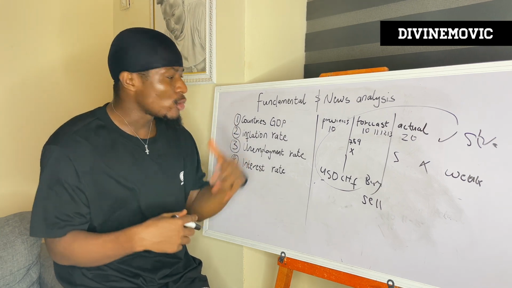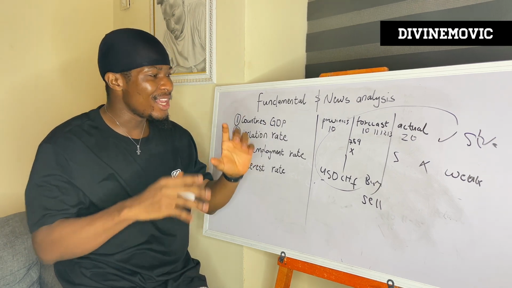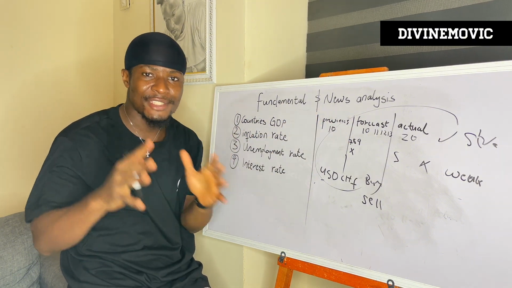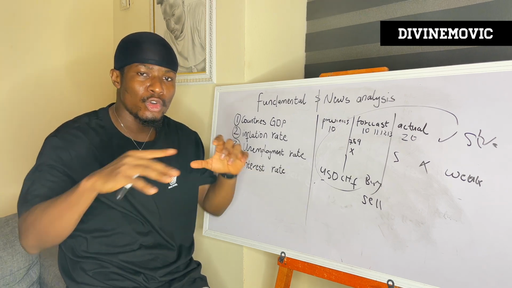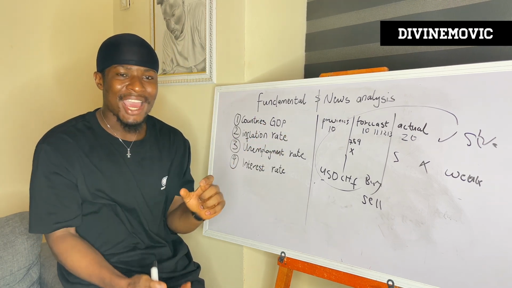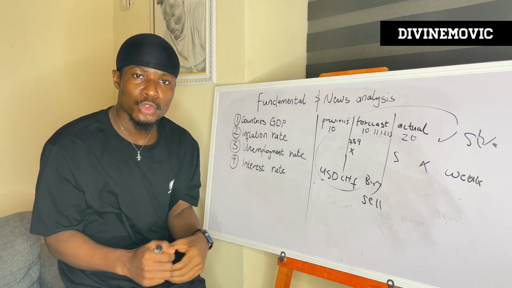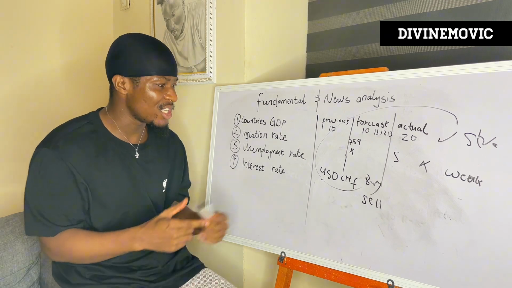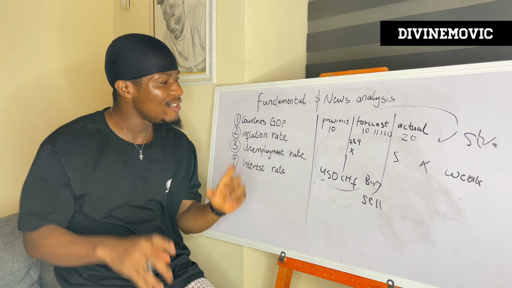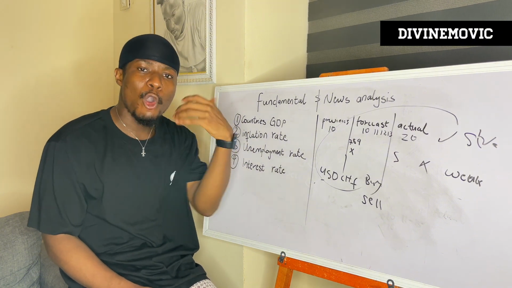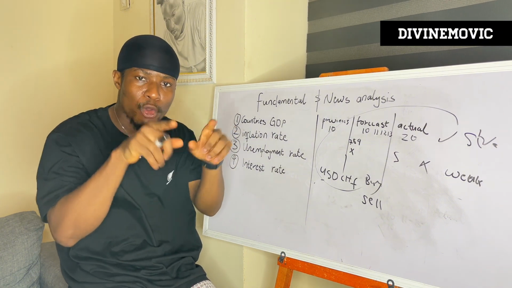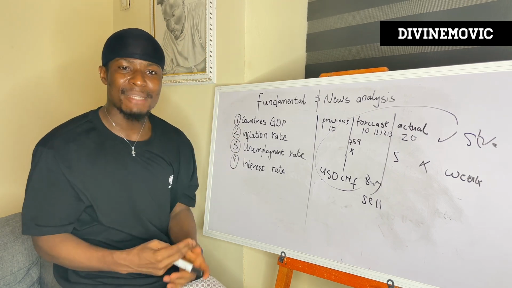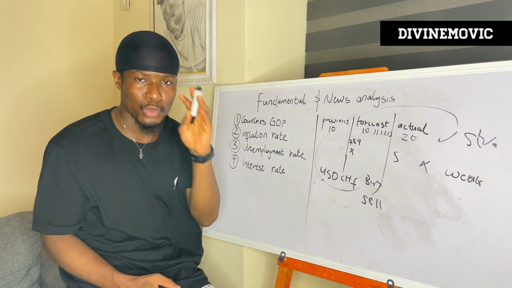Now, the website where you can get all this news, or where you can basically see the real data that is going to come out for any particular news, is My Forex Factory or MyFXBook. So these are websites where you can go and check if there's any high impact news for any currency that you want to trade. For instance, if you want to trade GBP or USD, you simply go to Forex Factory to understand if there's any high impact news, which is often indicated by a red bar or a red box. High impact news always has a red sign attached to it. So whenever you open Forex Factory and you see any red, it simply means that this is a very high impact news for that particular currency.